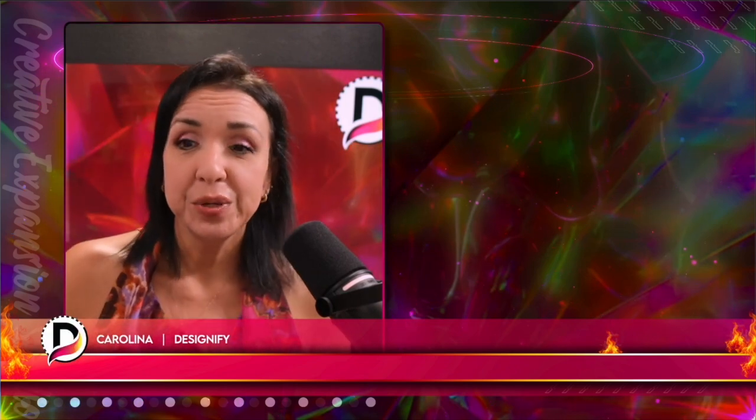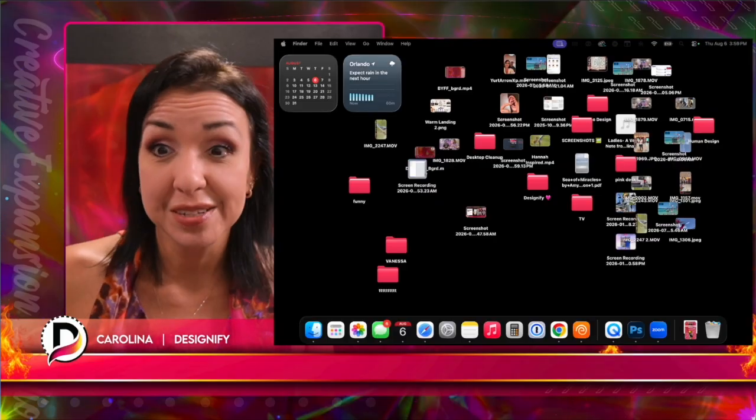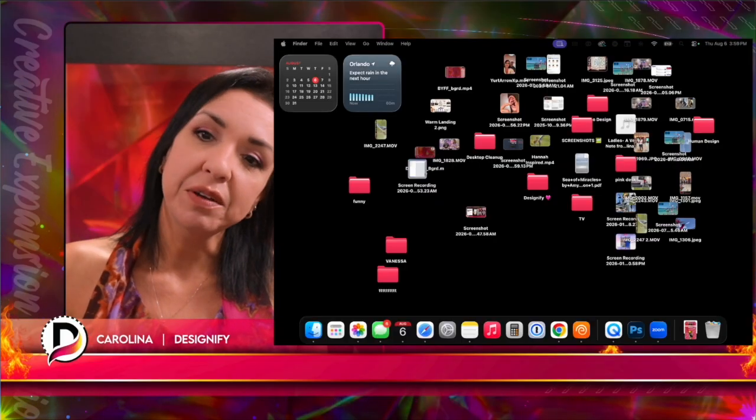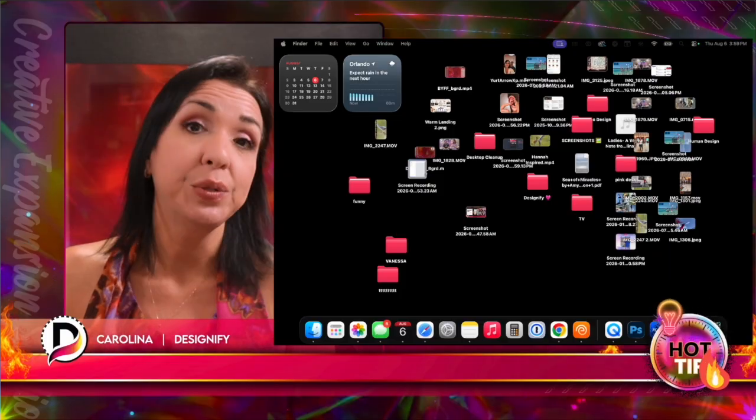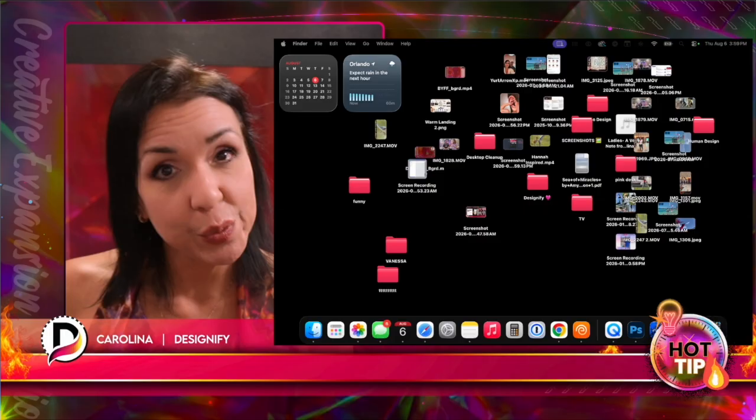I have a hot tip for you. Have you ever found yourself working on your desktop and you just find this hot mess of clutter? Yeah, this is where I found myself recently as I was doing a new install. And so I have this hot tip for you because it might be helping you if you're also working on